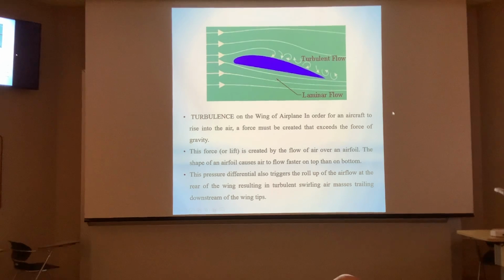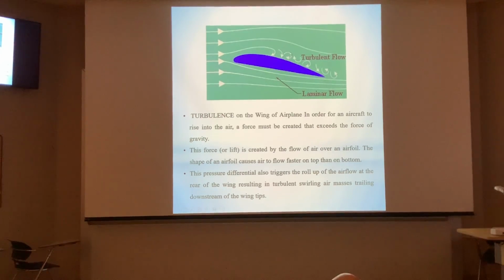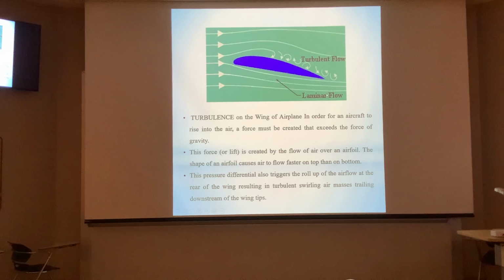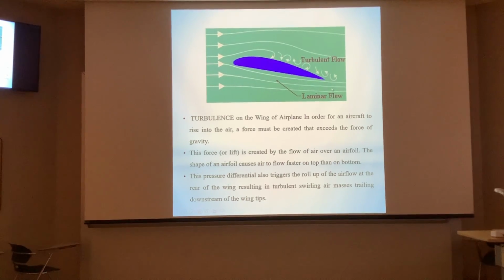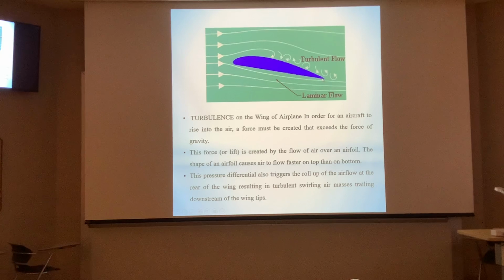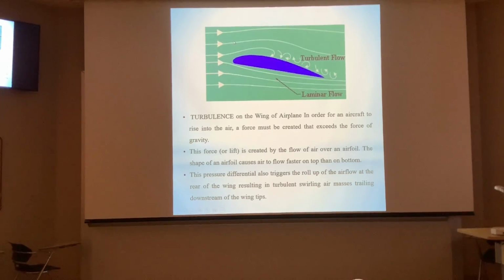So this is the schematic of the turbulent flow at the wing of the airplane. In order for the airplane to rise into the air, a force must be created to exert against the force of gravity. We call this force the lift, and it's created by the flow of air over an airfoil. The shape of the airfoil causes the air to flow faster on the top than the bottom,